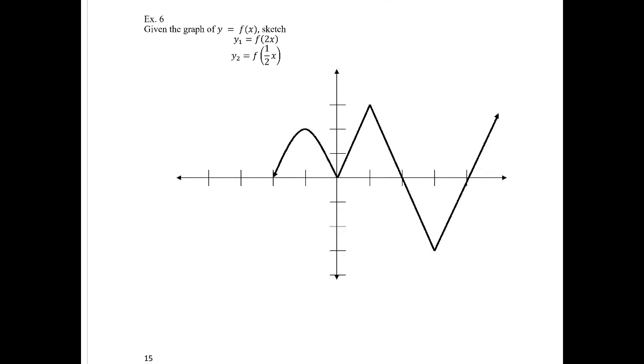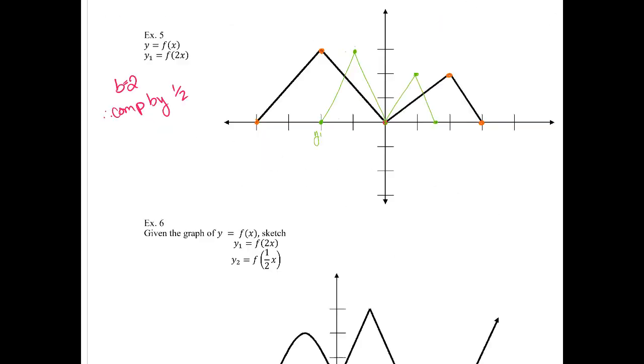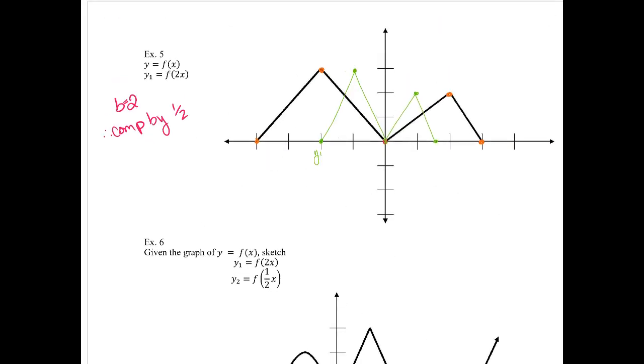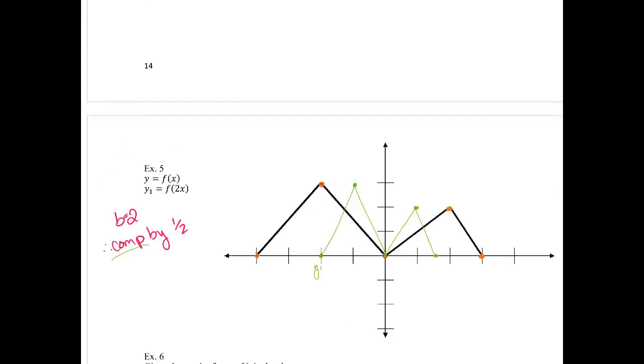So example 6 is another one kind of doing both of the ideas that we just did. Oh, and I should draw your attention. I saw B, and because I've already registered in my head that whenever I'm affecting my input, it seems to have the opposite effect of what the number is, I automatically recognized that it was a compression by half, because we always do that 1 over. And again, we saw that